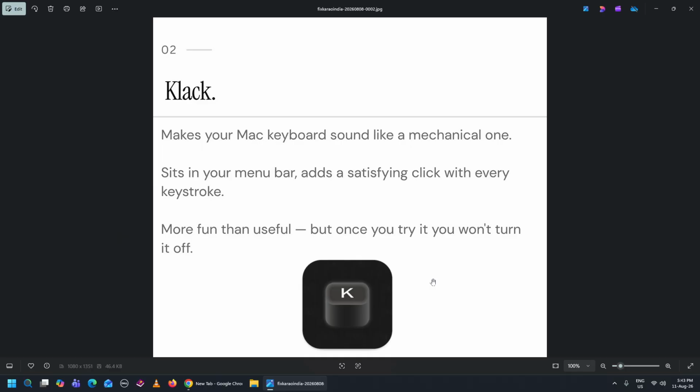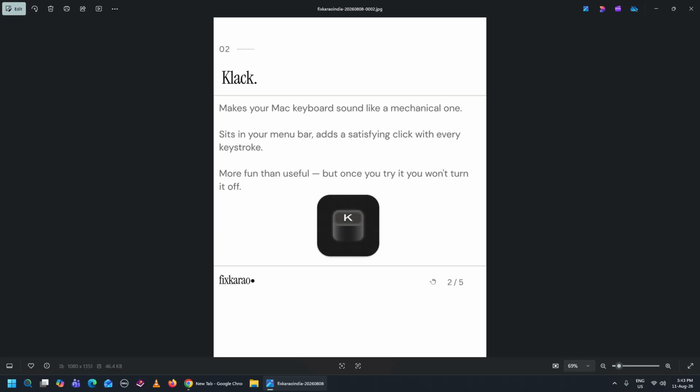More fun than useful, but once you try it, you won't turn it off. So it makes your Mac keyboard sound like a mechanical one. You can also simply just get a mechanical keyboard. But okay, definitely it's not going to be for your MacBook Pro. It's either going to be for your Studio or Mac Mini or something. So the first one is Klack.